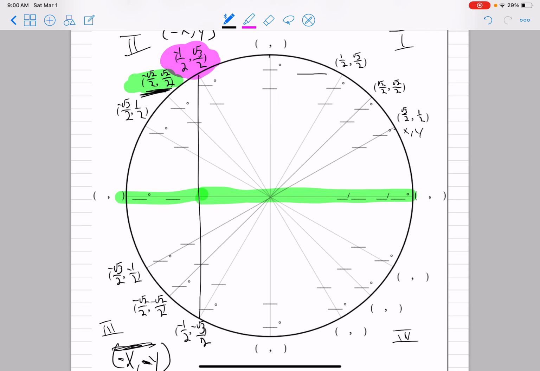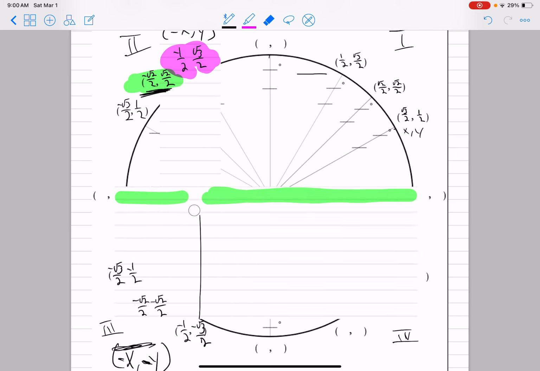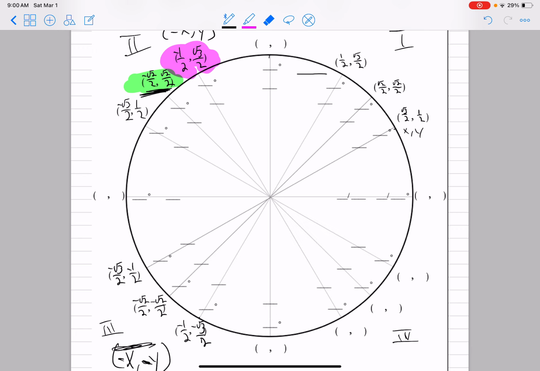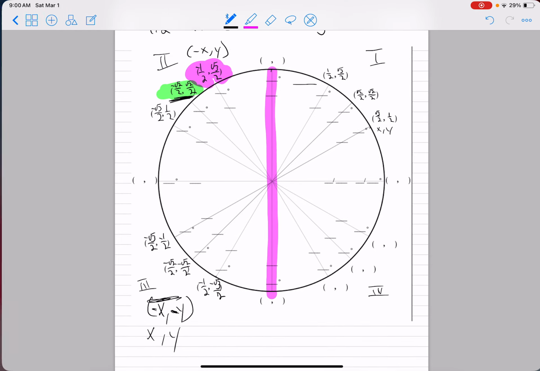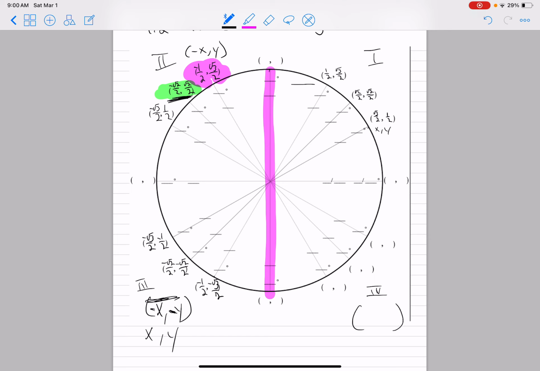Man, I am chilling. So now let me get rid of this. Let me get rid of this. Okay. So finally, I got to do one more fold. I'm going to fold along the Y-axis again. Okay? So now I'm in this quadrant, quadrant 4, and I'm going to notice in quadrant 4,